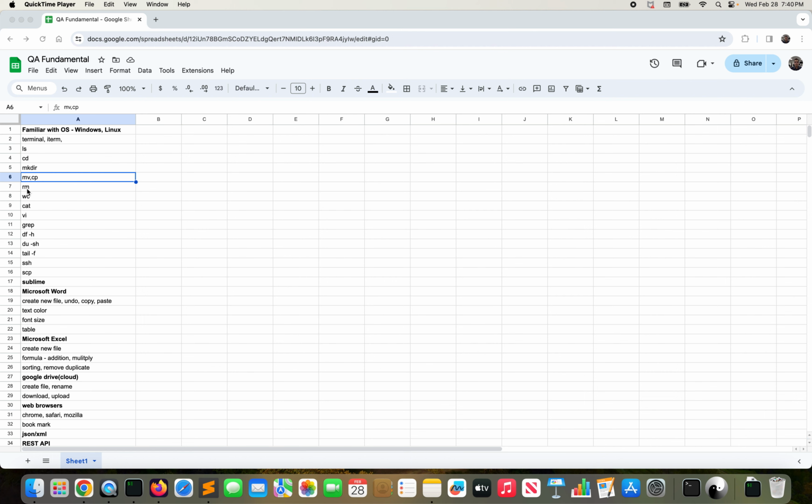We'll also see the rm command today. The rm command removes a file or folder. Then we'll see a little of the vi commands, and also Sublime. We'll see a few operations in Sublime and vi, and we'll try to understand. So let's start